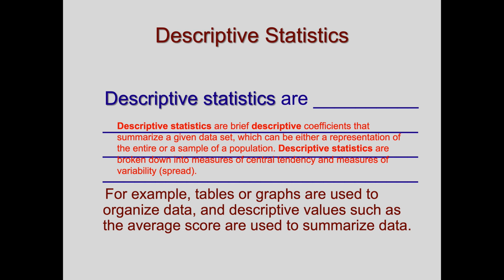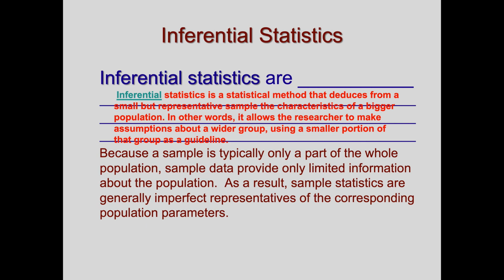So if we just think of the root word, we'll understand. Descriptive statistics describe a general population as a whole. Now, inferential statistics, they're a little bit different. Inferential, coming from the word inference, means draw a conclusion from, is a statistical method that deduces from a small but, and here's a key word, representative sample, the characteristics of a bigger population. In other words, it allows the researcher to make assumptions about a wider group using a smaller portion of the